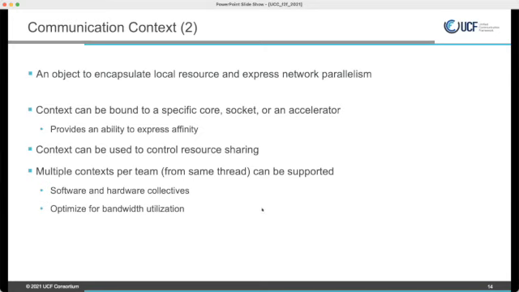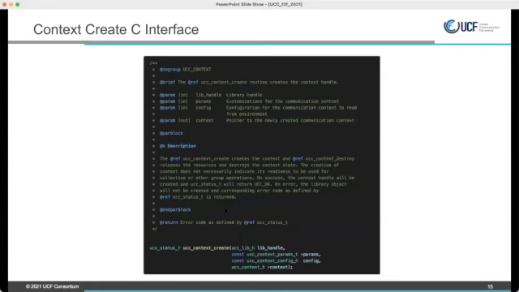And also you can build collectives such that each context can be a software context or a hardware context, and you can combine this into a team. So currently we don't support all the options, but eventually we're going to support them. So just showing the C interface to create context: UCC context create. It takes in a library handle and again parameters and config. As I mentioned, this is a way to customize the context, and the output is the context.